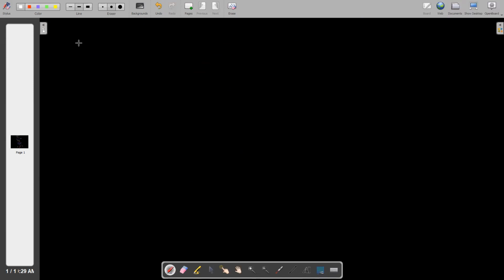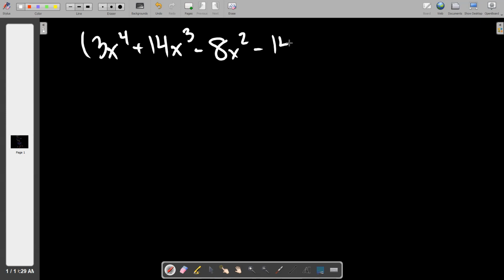So here comes the way Delta Math is going to look. Delta Math is going to ask you to take a polynomial like this, and it's going to ask you to divide it by a polynomial like this. And in case at some point you feel inclined to ask the question, when does this and does this not work? The answer is it only works for linear divisors. That means that your divisor cannot have an x squared in it. If that's the case, then we have to go to long division, which I'll show you,